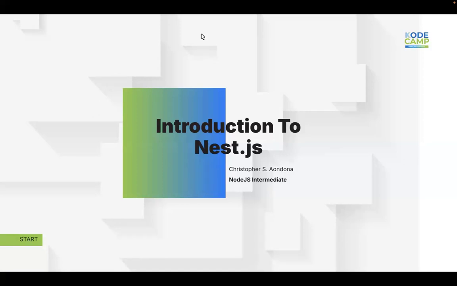So some of us don't know what ORMs are, ODMs. We'll come to that. And then testing, we'll introduce testing, we'll talk about unit testing, integration testing, end-to-end testing, and all of that. But so today, we will be introducing Nest.js, the framework we'll be using to build